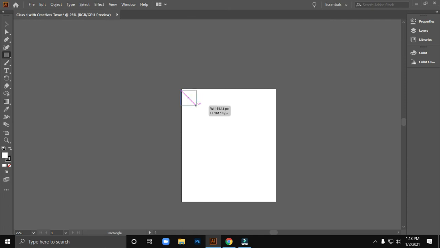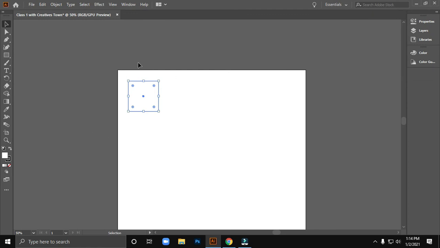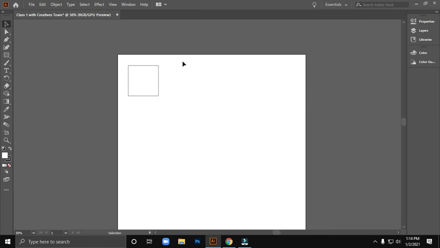So I am selecting the rectangular marquee tool and creating a square by holding the shift and alt key and the left button of the mouse. There we will find a square, and this is called the bounding box or bounding area, what you feel. And inside it we will find many dots. That is called the resize handles, and by this we can resize it or make the edge round or other things. So this is our square.